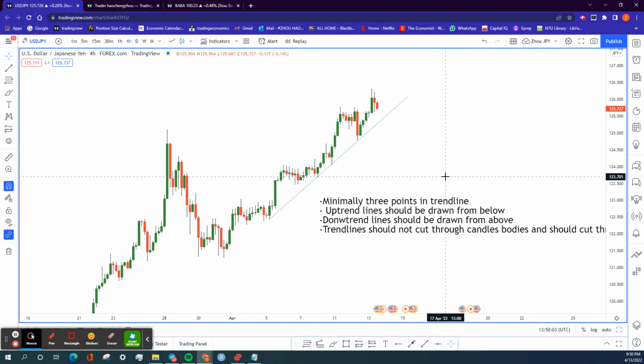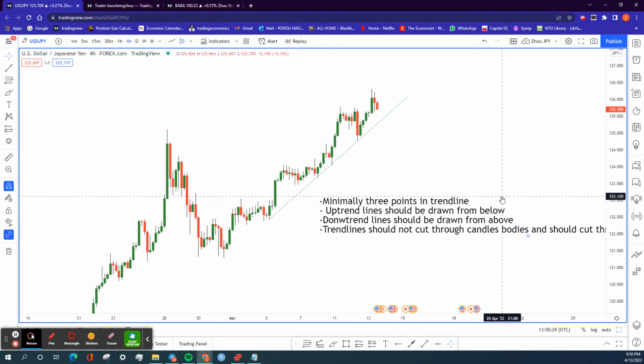So definitely for dollar yen, I'm bullish because I'm bullish dollar and I'm bearish yen. So when I put both together, dollar yen, I'm buying the dollar, selling the yen, right? So in this case, I'm already bullish the dollar yen, so I'm just looking for reasons to enter, right? And trend line is just one of the smaller reasons to add to my factors of reasoning, such that it